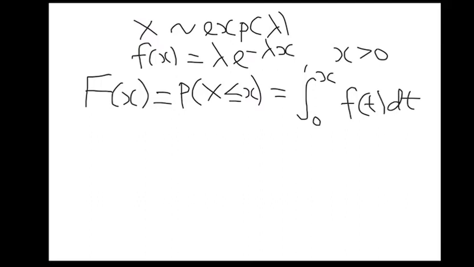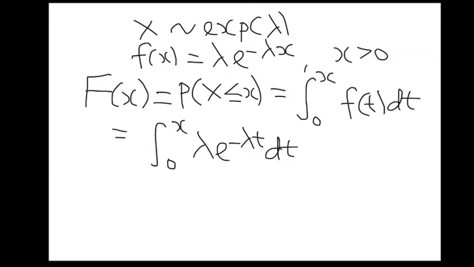So if I want to rewrite that now, I'm going to write 0 to x. What is f of t? I'm going to write lambda e to the power minus lambda t dt. You're going to change x to t, because the upper bound is x, it's terminating at x. So in this distribution, we're not going to use the x variable inside the integral. I just wanted to take note of that, but that doesn't change anything.